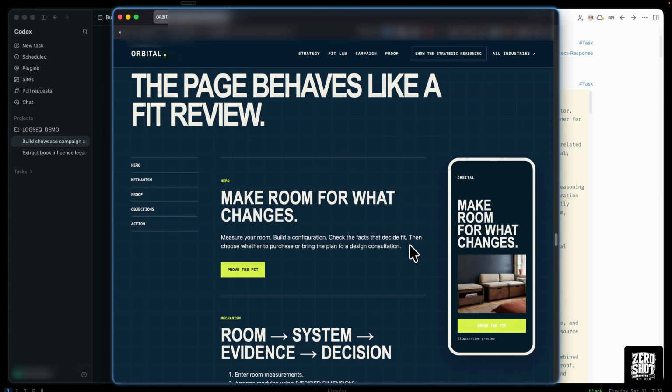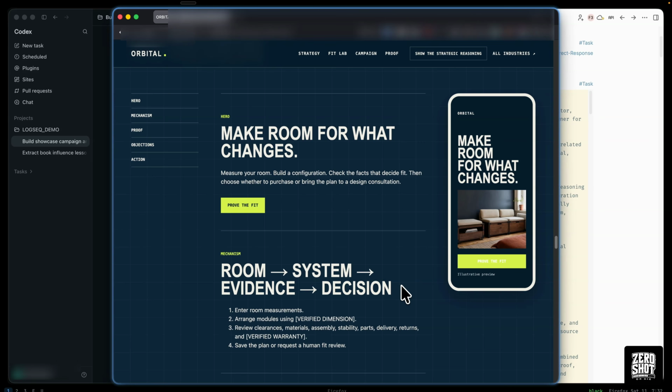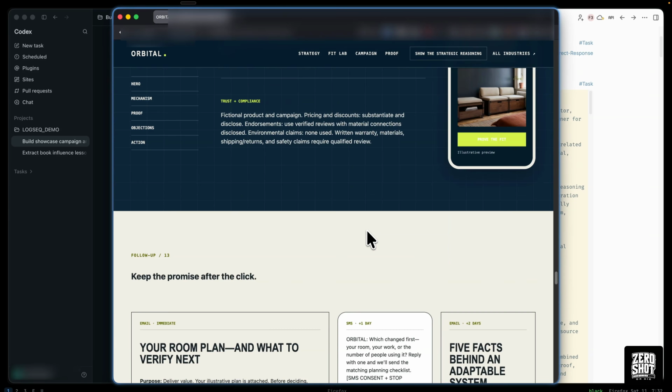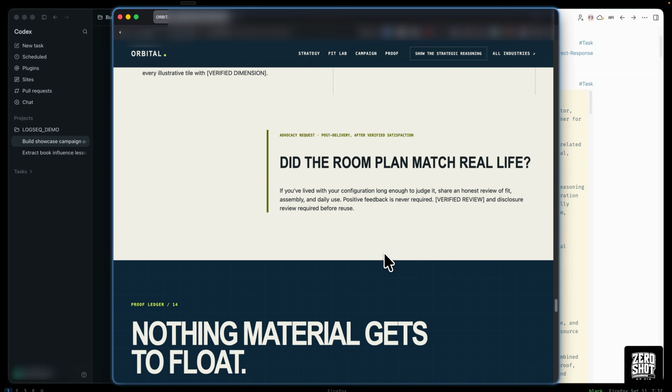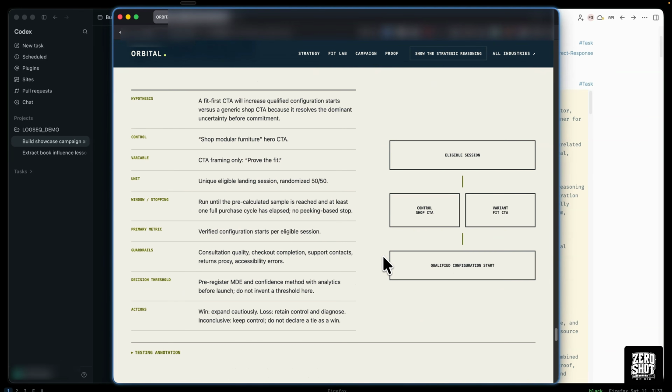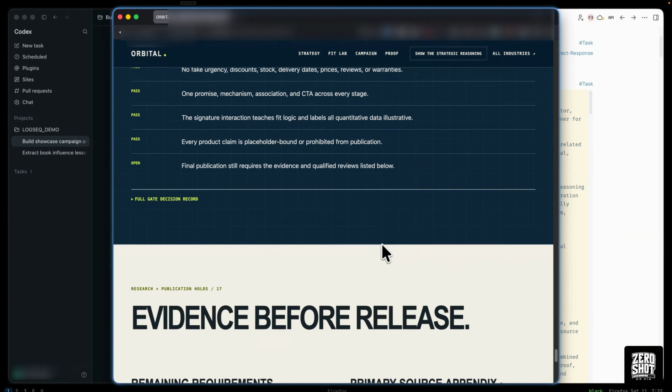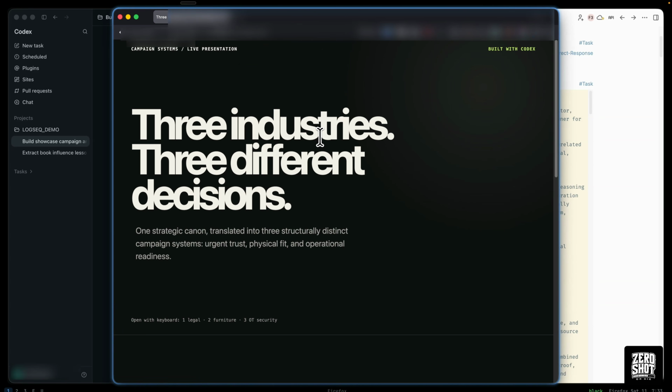Make room for what changes. That's not the most cliche thing I've ever heard in my life. Room, system, evidence, decision. Okay, yeah, wrong audience. It thought the audience was the brand, like it was presenting to the marketing team, not the consumer. My bad. Anyways, cool demonstration of the capabilities, though, if you can steer it the right way, which I clearly